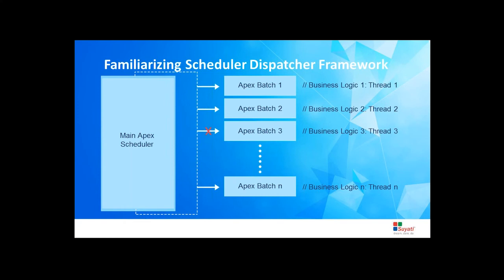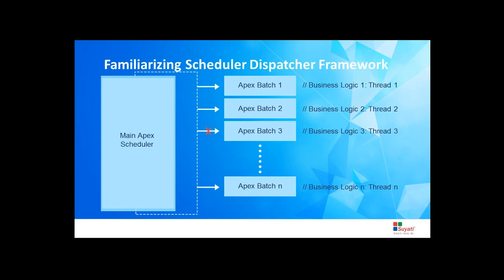every day. Apex batch 2 could be executed when there are orders landing on Salesforce, to execute a particular logic, maybe like updating associated opportunities or something like that. So independent logic can be executed at various criteria based on this Apex scheduler. What this Apex scheduler simply does is dispatch the Apex batch, and it will reschedule itself. And also, the next big thing, if you look at the third Apex batch, I have put a cross mark on top of it.